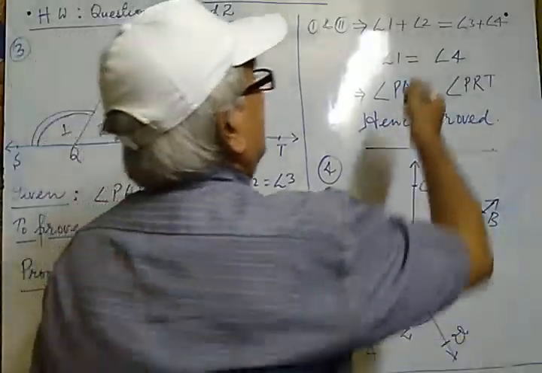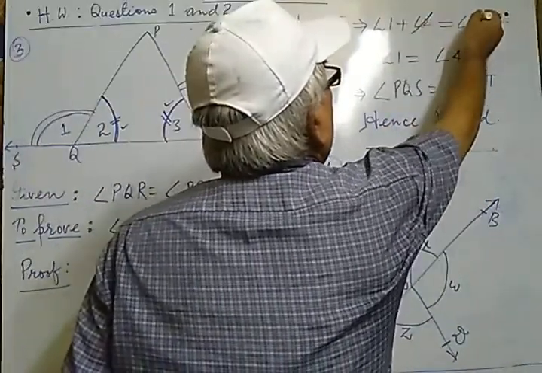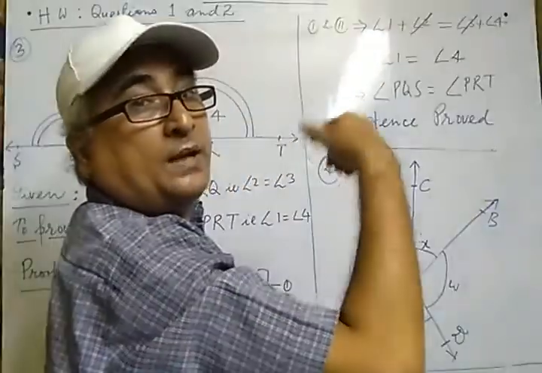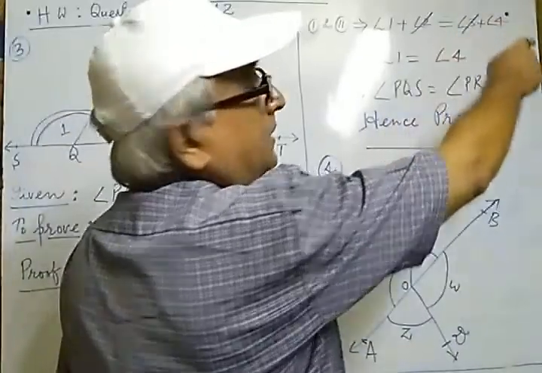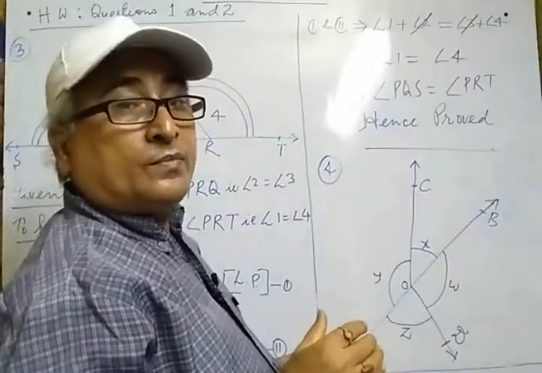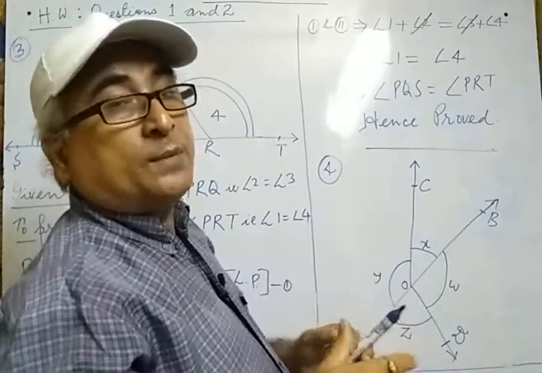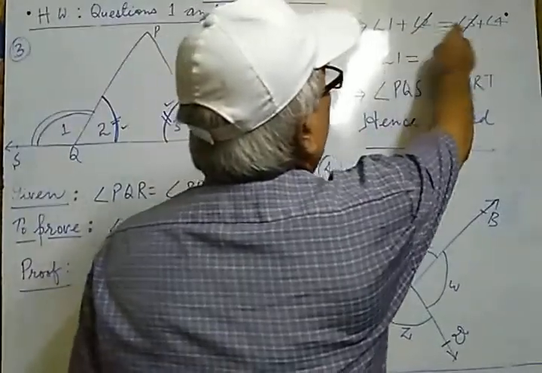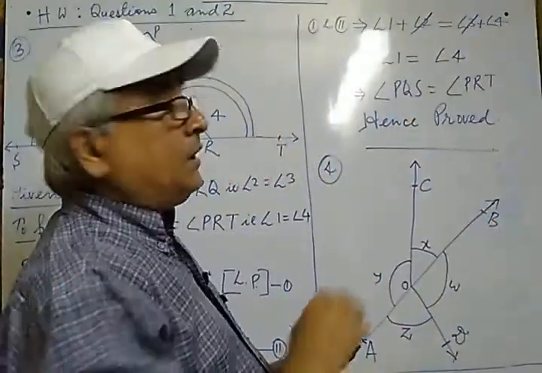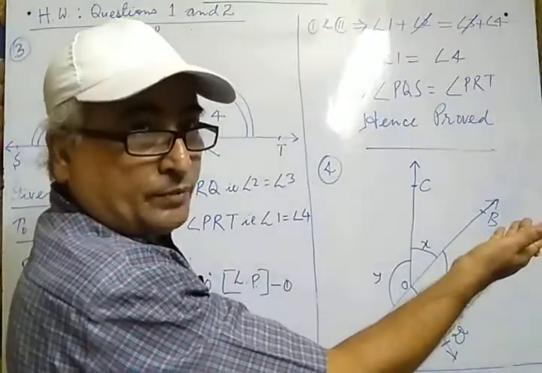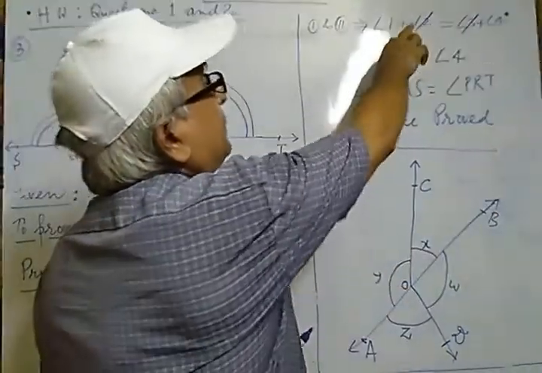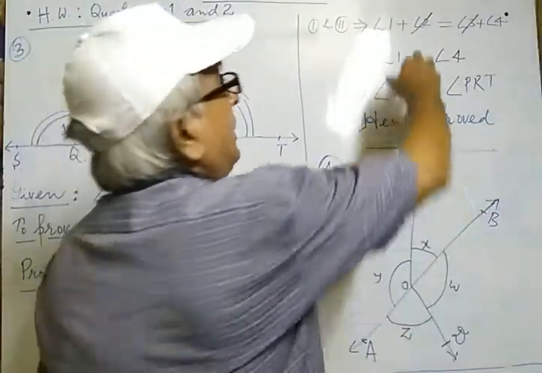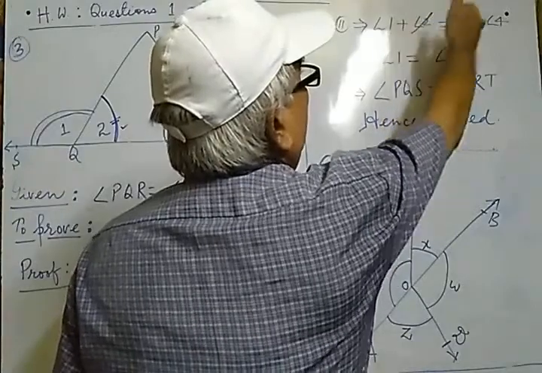So what can we do? Both the angles will be cancelled here, because if you transpose this angle to that side, it will be minus angle 2. Angle 3 minus angle 2, both the angles are equal. So if an equal quantity is subtracted from equal, what will be there? That will become 0. So directly we cut angle 2 and angle 3 from both the sides. Either we transpose, which is one way, or directly if equal quantities are there, both can be cancelled directly.